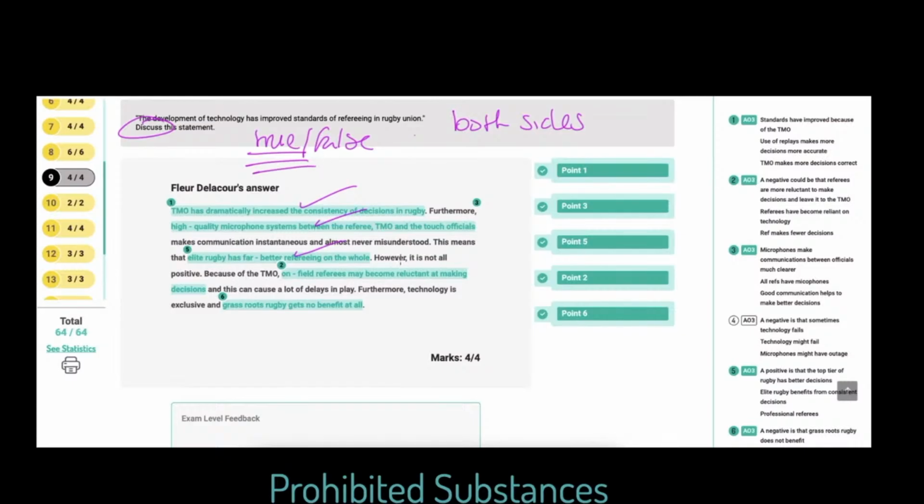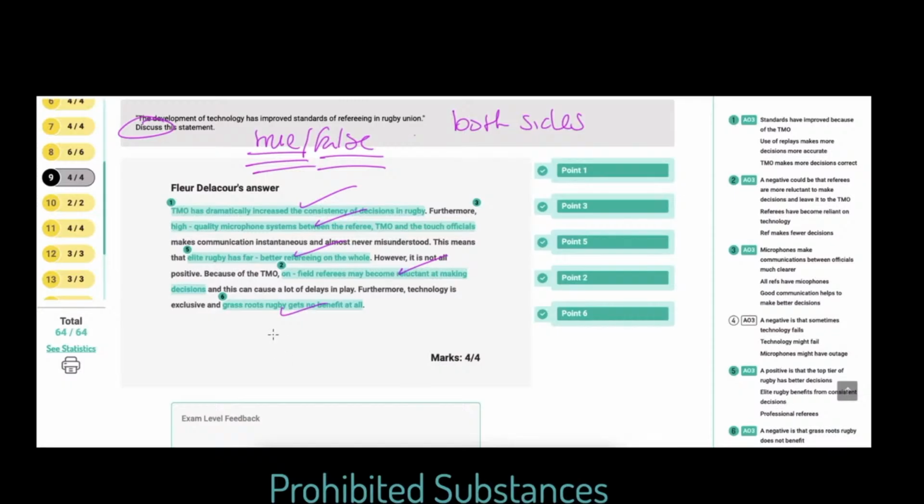Because of the TMO, on-field referees may become reluctant at making decisions. Oh, maybe it's false. And this can cause a lot of delays in play. Furthermore, technology is exclusive and grassroots rugby gets no benefit. Maybe it's false. Okay, so the point I'm making there is I've looked at both sides. There are other points as well in the mark scheme you can have a look at, but I've looked at both